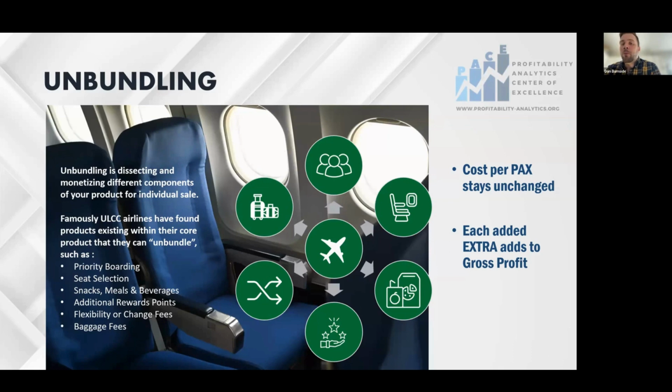So things like priority boarding. Priority boarding didn't matter until you started paying for bags, which were parsed out. Then you wanted to get on early so you could put your carry-ons on, so you pay for those sorts of things. Changes, or flexibility in your flight, so you can pay in advance for the option to change later. Occasionally you can also get more rewards per dollar spent by spending just a little bit more. They also obviously have food, drinks, snacks and meals available for purchase.